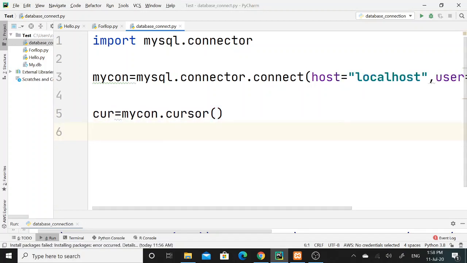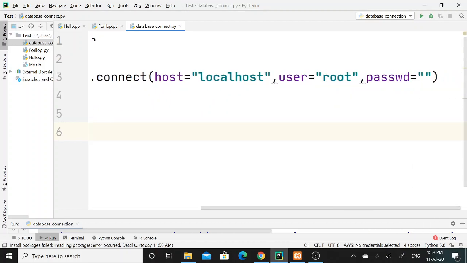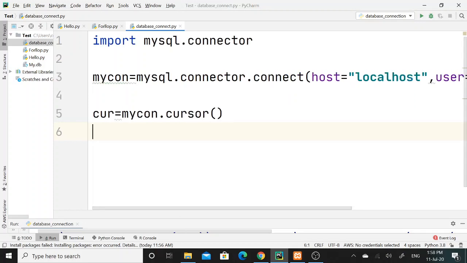So I have called the connect function, and I have passed three important parameters, that is localhost, username, and password, that is blank, and I have assigned all these values to the mycon variable, and using this mycon variable I have called the cursor function, and whatever value is returned by this function I have stored in the cur variable.